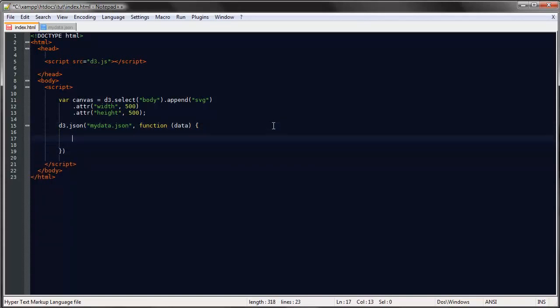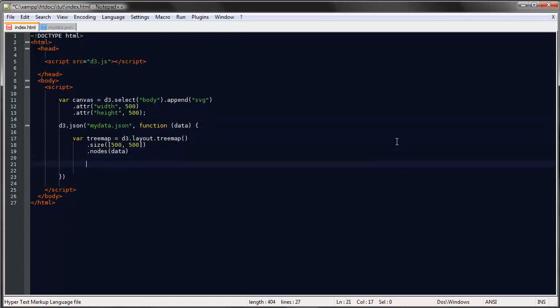All right, and then to create our tree map, we just, as with all the other layouts, we just say d3.layout and then the name of the layout. We can set the size. I'll just make it the same size as our canvas. And then using the nodes method, we are defining where our data is coming from. So from the data variable here that we're loading with our JSON